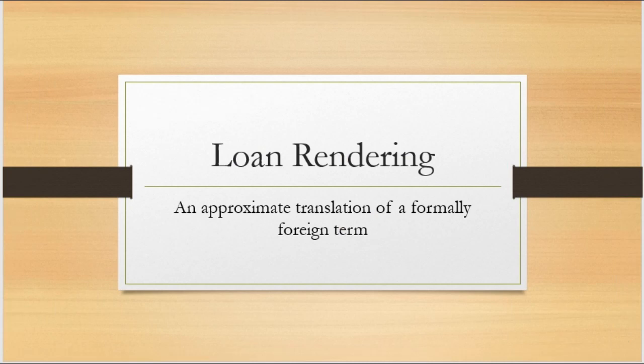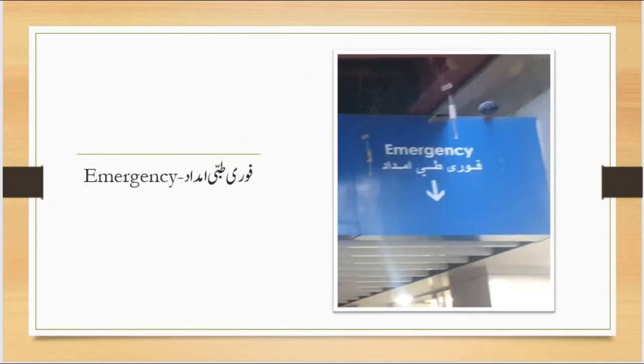Now, the next kind of linguistic borrowing is loan rendering, which is an approximate translation of a formerly foreign word. Loan rendering refers to a translation that is not as accurate as loan translation, however, it vaguely corresponds to the meaning of the foreign word. So in this picture, which is that of a direction signboard in a hospital, we can see that the word emergency has been translated as Fori Tibbi Imdad, which is not the exact translation of the